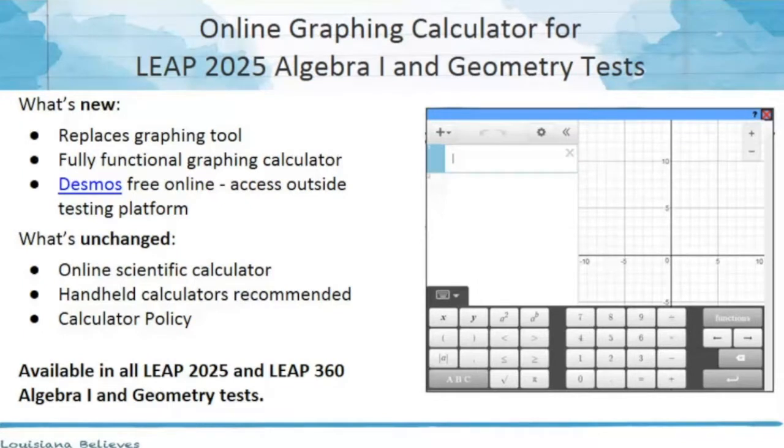We now have an online graphing calculator for our math assessments. So this replaces the graphing tool that students would see in the system. It is a fully functional graphing calculator. If teachers and students want to practice with it, they can access Desmos' website and they can play around with that as well. So the online scientific calculator has not changed. That will still be available. This will be available in all summative and non-summative assessments. So that means practice,